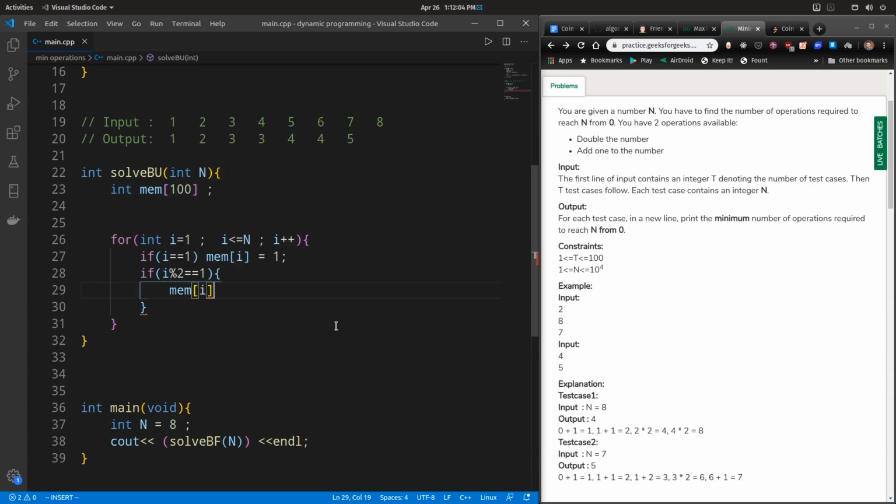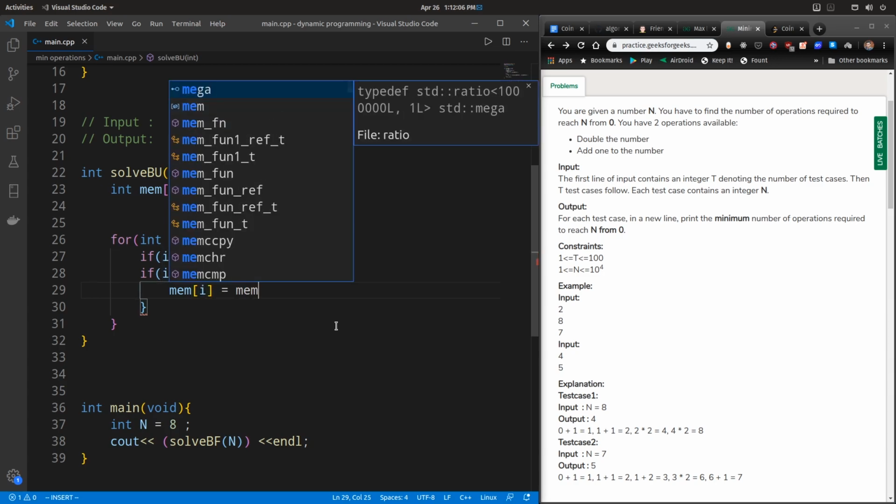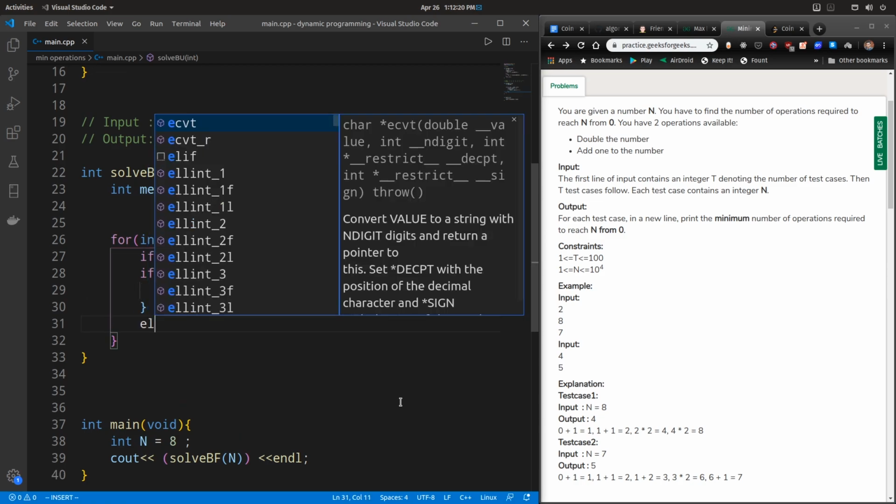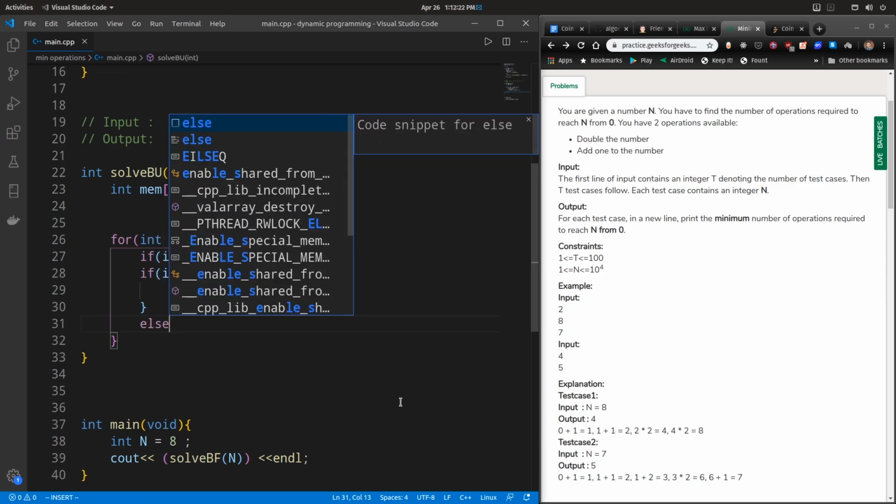I'll just take the output of the previous number and add 1 to that, because we are performing an addition operation. This operation is taken as one single operation.